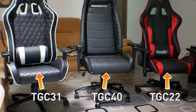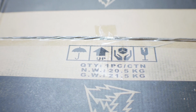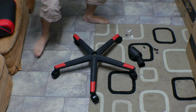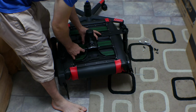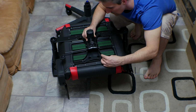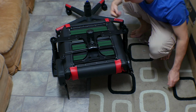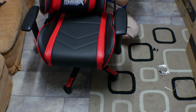the chairs themselves weighing in at a good 20 kilograms shipping weight. Assembly is very straightforward and takes about 10 minutes, though keep in mind the chair is very heavy, so be careful if you have difficulty lifting heavy objects. Though the benefit of the Aerocool chairs, especially versus the eBay chair I bought a few months ago, is that it'll practically fit everyone from small to large sized humans, with the maximum supported weight being 150 kilograms or 330